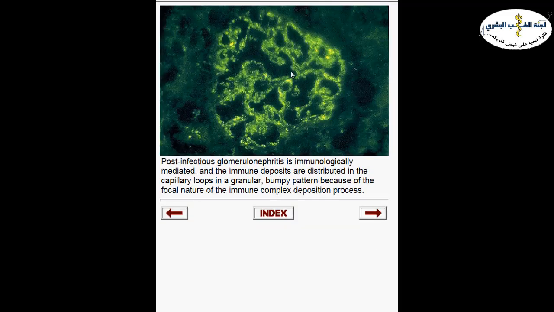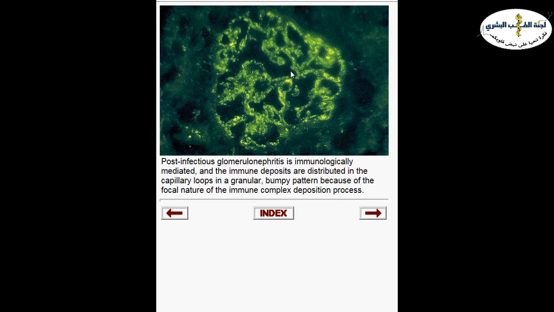Also, if we want to look for glomerular deposits, we have to perform immunofluorescence. Immunofluorescence is an excellent method to highlight the deposits along the basement membrane. We can do immunofluorescence for IgG, IgM, IgA, fibrinogen, C3. So we control what type of deposits we want to look for.